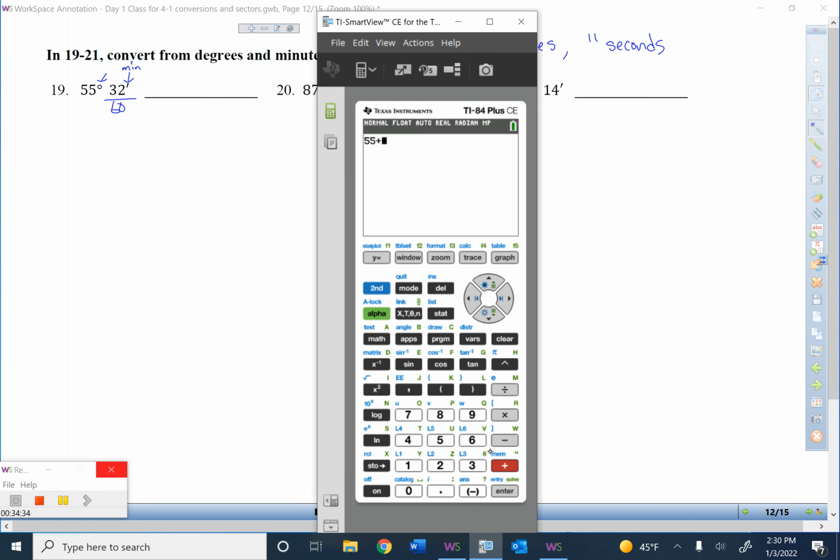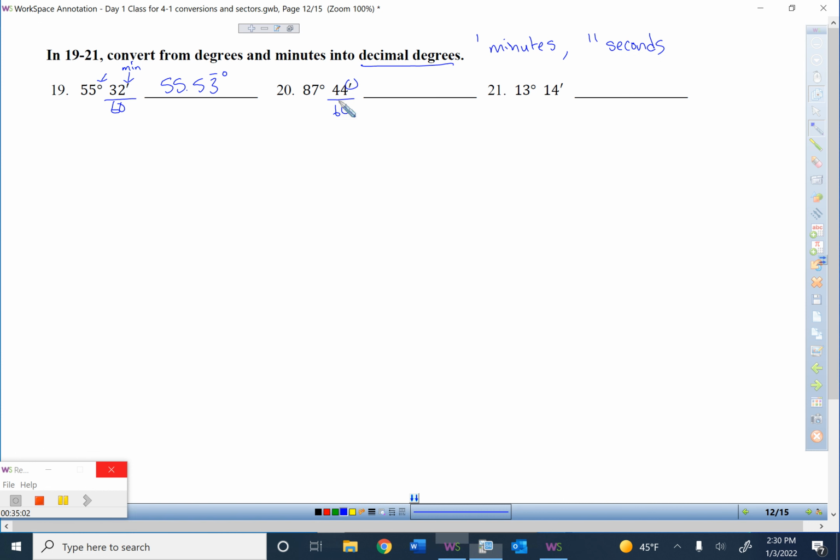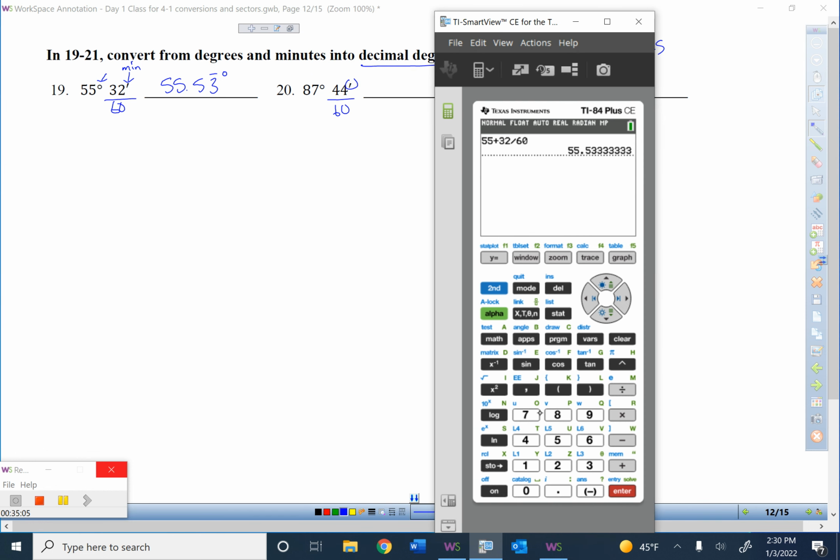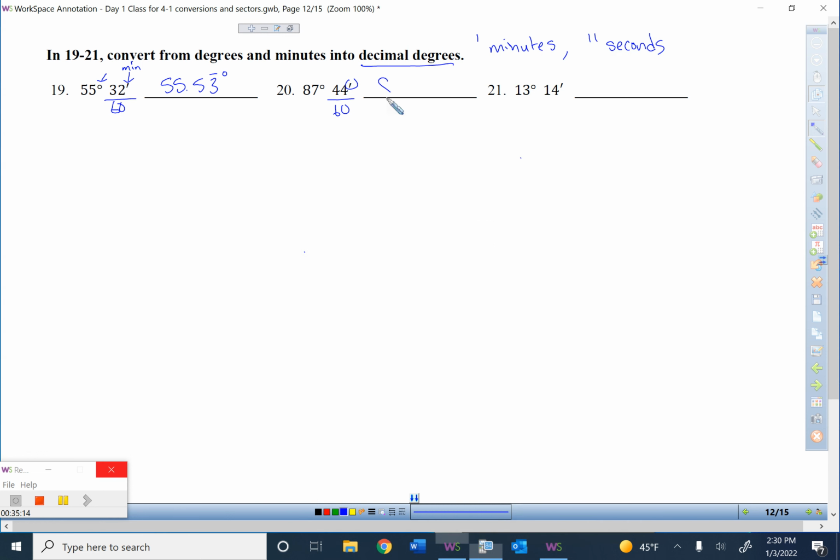Okay, and we have to write it exactly. So this is 3 repeating, 55.53 with the bar as a degree. Same thing with the second piece. This again is a minute, so we're putting it over 60. Okay, and then typing the whole thing in. The whole part goes first, plus 44 divided by 60. And this one's 87.73 repeating